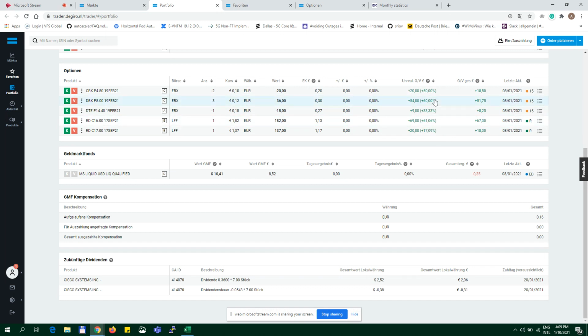And for these ones, I'm waiting for them to expire worthless, or at least I will close them in some days. At least for Commerzbank and Deutsche Bank, there is an earnings call, I think, in the month of February. So I intend to close it before the earnings call. Let's see how it goes.